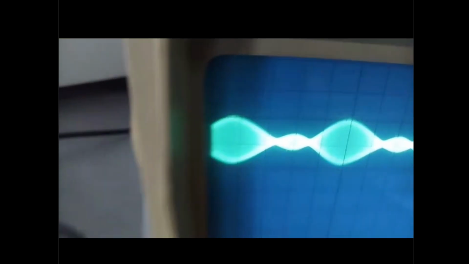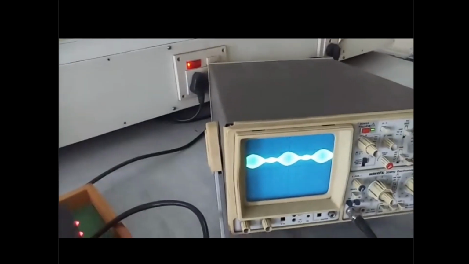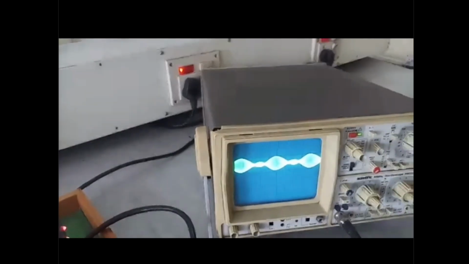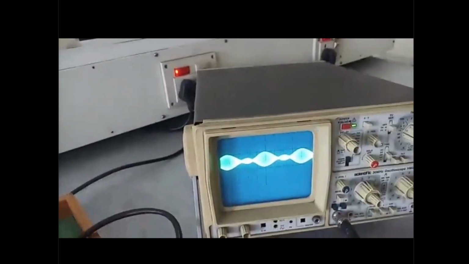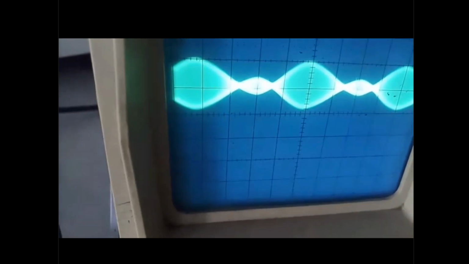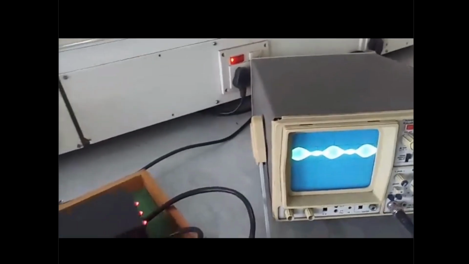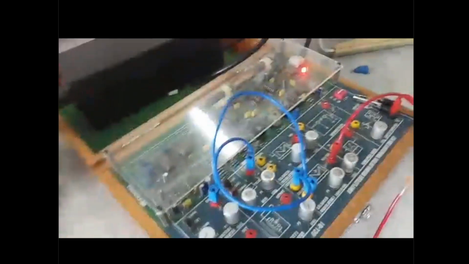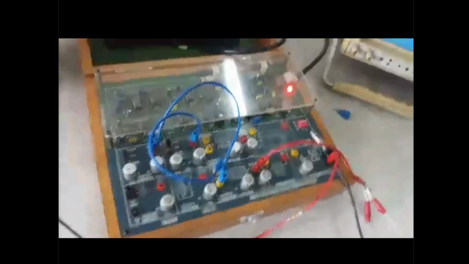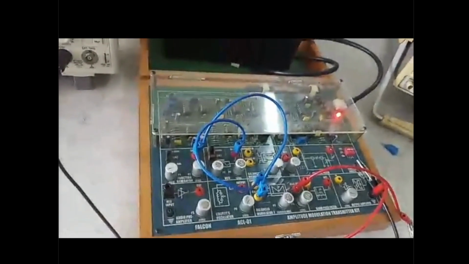Further, if you improve this, then we'll have the SSBSC signal. But here we cannot see it, because to see the difference between DSBSC and SSBSC we should have the spectrum, that is the frequency domain description. But the CRO shows only the time domain view, and in the time domain DSBSC and SSBSC both have the same look. That's why in the simulation lab we saw these using the spectrum. So that's all about the amplitude modulation experiment.